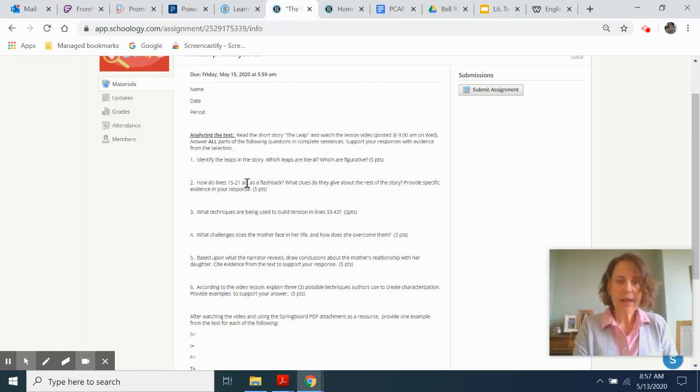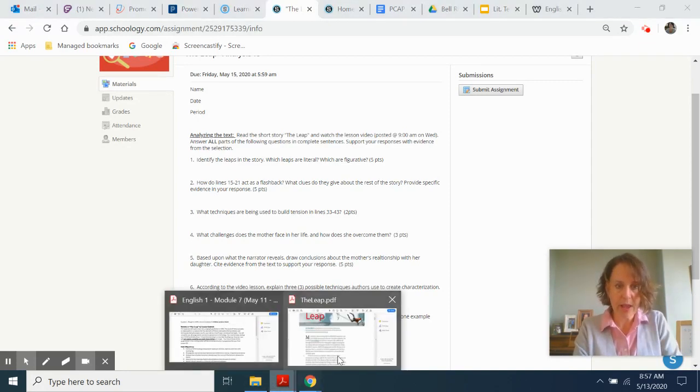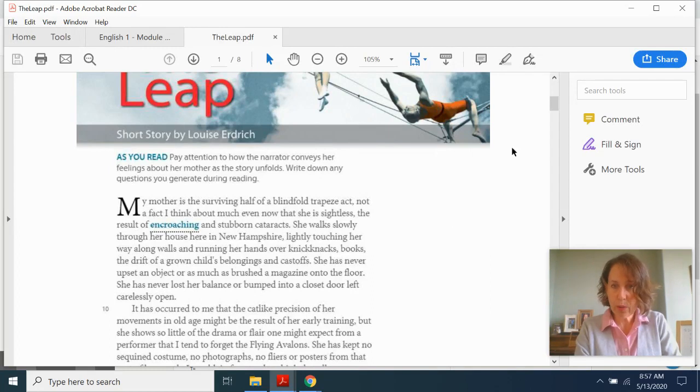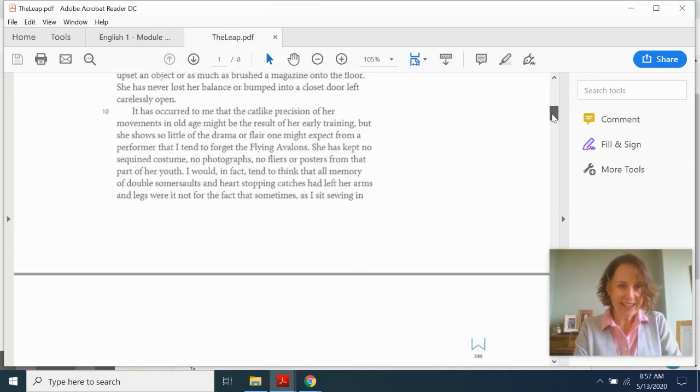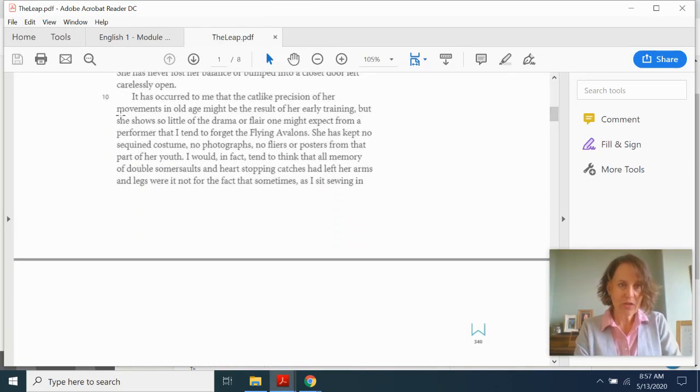And then it says, how do lines 15 to 21 act as a flashback? Well, we've talked about flashback this year, but let's take a look at this piece and see, how does it act as a flashback? So in lines 15 to 21, we'll dig in here. So we know there's 10, 11, 12, 13. So about right in here. I'm going to start here with, she has kept